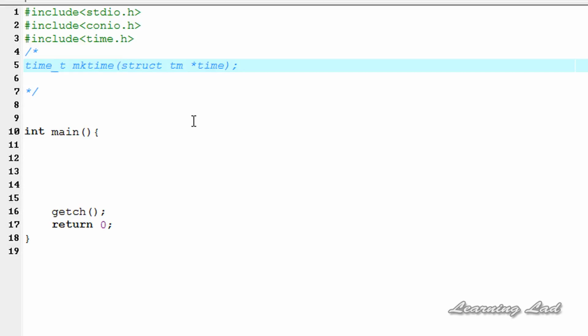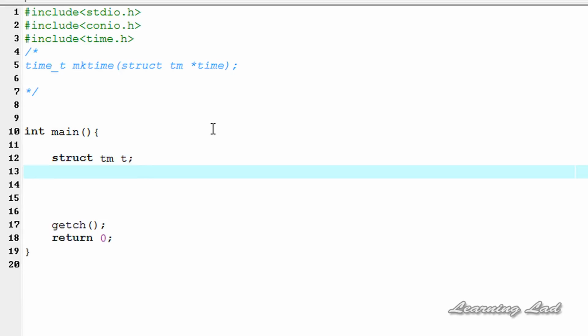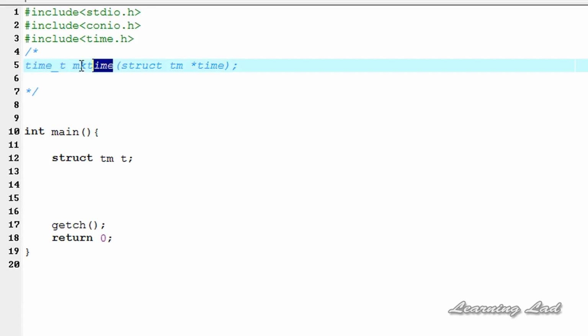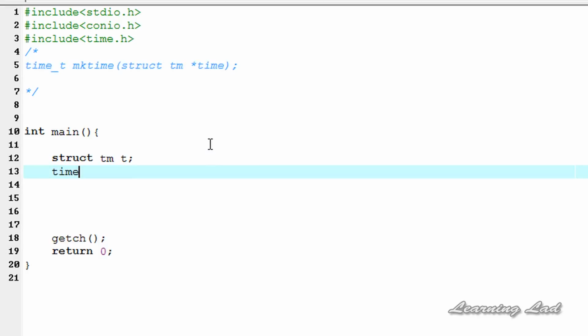Okay, now we're gonna see how we can use this function and convert the time in broken down format to the calendar equivalent time. So first what we're gonna do is create a pointer of type tm. So it's gonna be struct tm, and I'm gonna call it t. The next thing that we're gonna do is create a variable of type time_t to store the return value from this mktime function. So it's gonna be time_t and the variable name, I'm gonna call it time_in_C